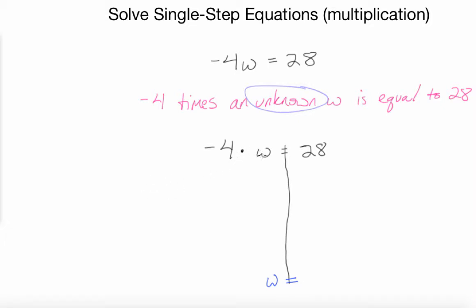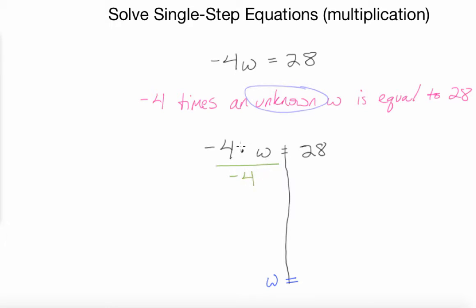In this case, I have w, but I have this negative 4 multiplying it that I don't want. I just want w by itself. I want to know what w is. So I need to think about, how do I undo that multiply by negative 4? What's the opposite step? Well, multiplying, the opposite step is to divide. So if I take everything on this left side and divide it by negative 4,